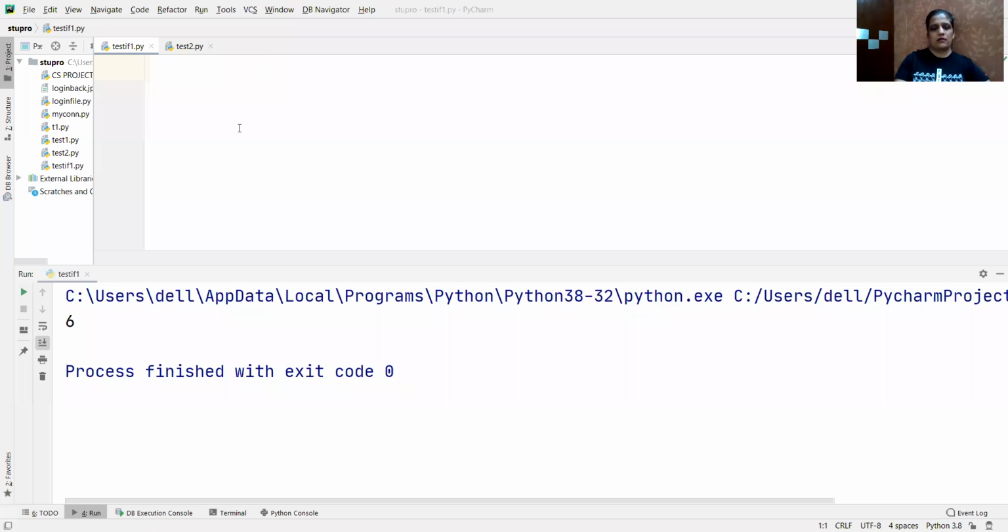Today I'm going to start my new topic, that is functions in Python. So let's start this functions and let's come to the Python screen. In this video, we'll learn how to write functions in Python, or what is the use of this function in